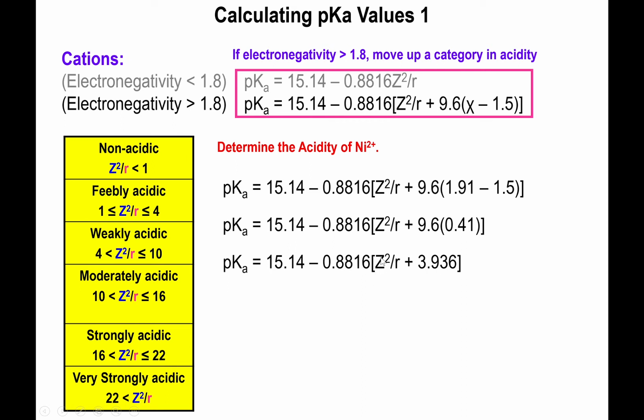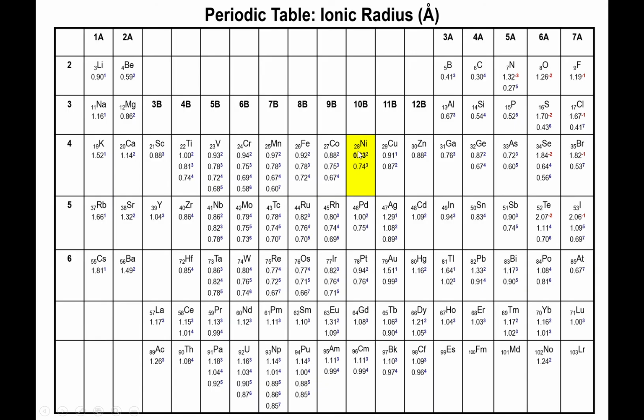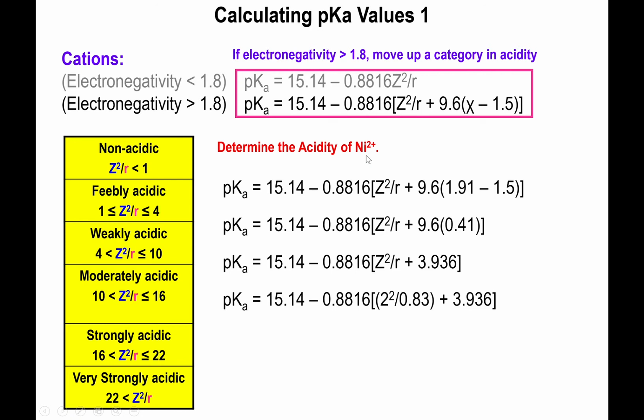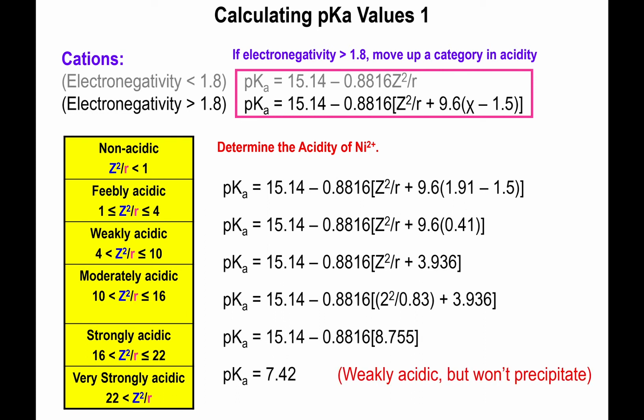Now what we need to do is input the charge of nickel. The charge of nickel is 2 plus. 2 plus squared will give you 4. And we divide it by the radius of nickel 2 plus, which is 0.83 angstroms. Okay, so we input that, and we basically divide 4 by 0.83. And to that answer, we add 3.936, which gives us 8.755. Multiply that by 0.8816 and subtract it from 15.4, and you find out that the pK of nickel 2 plus is about 7.42. And what this is basically telling you is that, yeah, this is weakly acidic, but